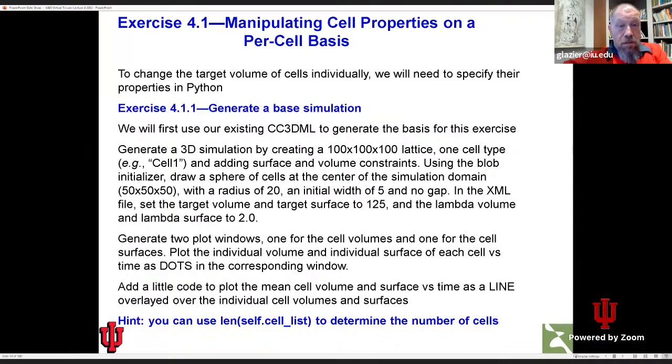First, take a minute or two to get CompuCell running. And then I would like to first generate a simple simulation. And what I want is, we'll do it in 3D. We've been doing things in 2D, but we can do it in 3D. Create a 100 cubed lattice,